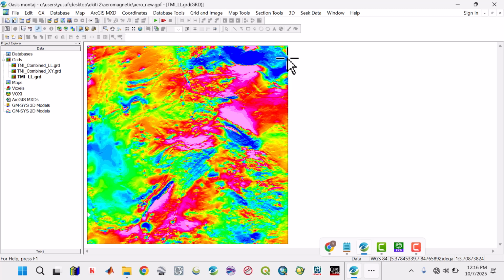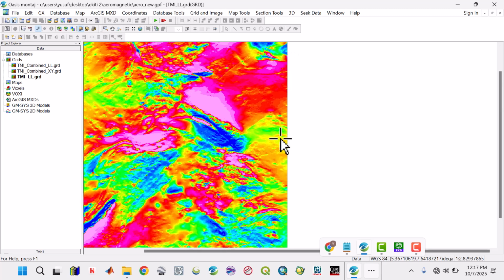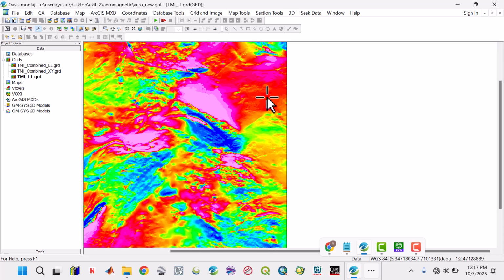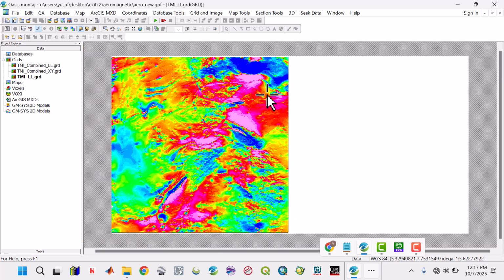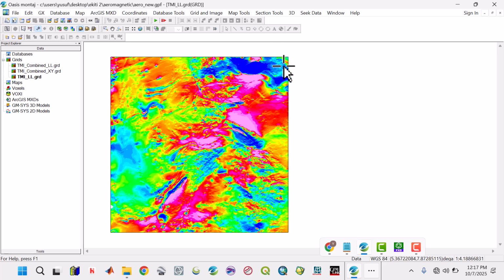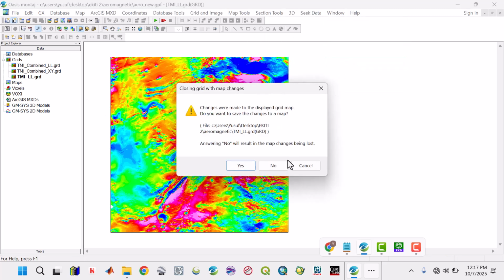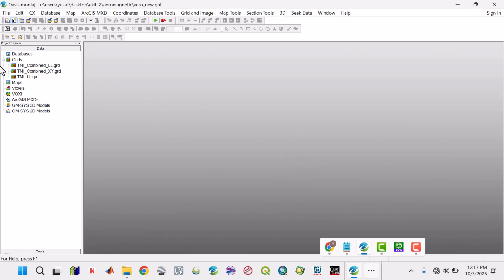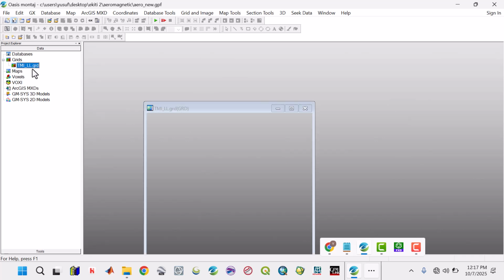You see a boundary. You see the boundary across it. You see the solid line. So this is what you have. That means it's perfectly there. You can see the line across it. That means it's okay. Then go to Window, Close All. No. And now this, we don't need it again. You click this, click this one, and right click, you delete it so that you free up space on your computer. Now this is the TMI we have